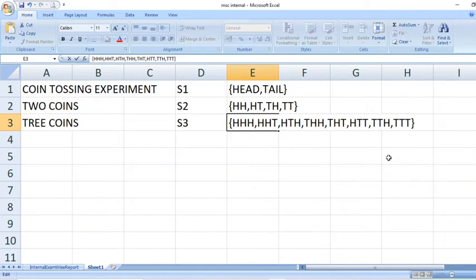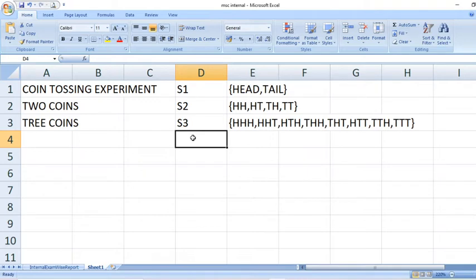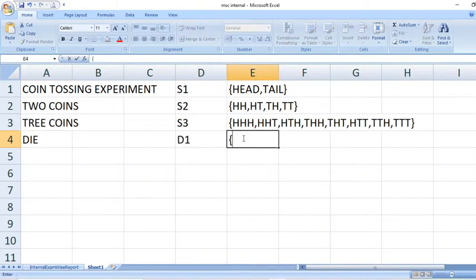Okay. So these are the possible outcomes for a 3 coin tossing experiment. Okay. So similarly you can now consider die tossing experiment. Suppose this is denoted as D1. So what are the possible values? Next,